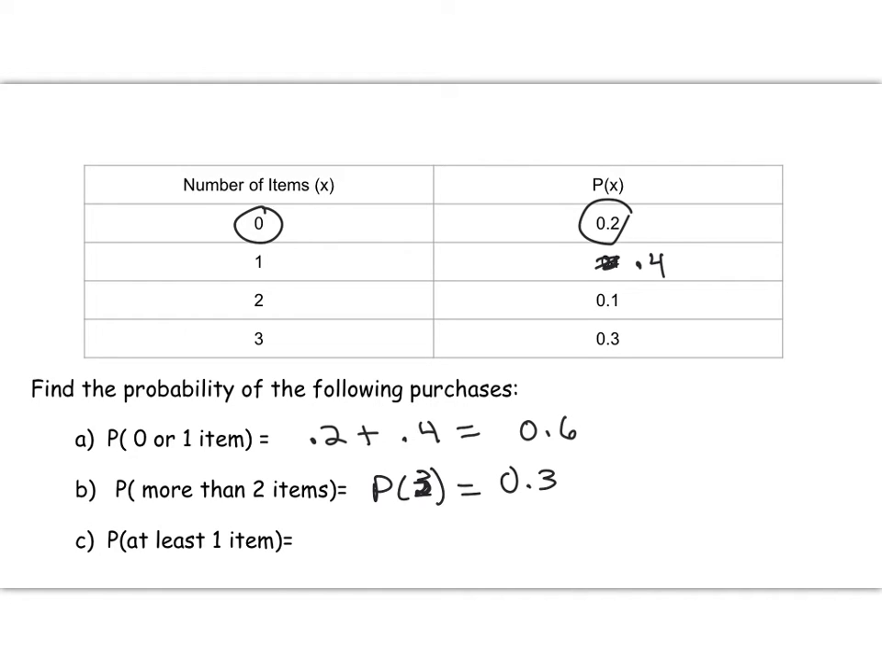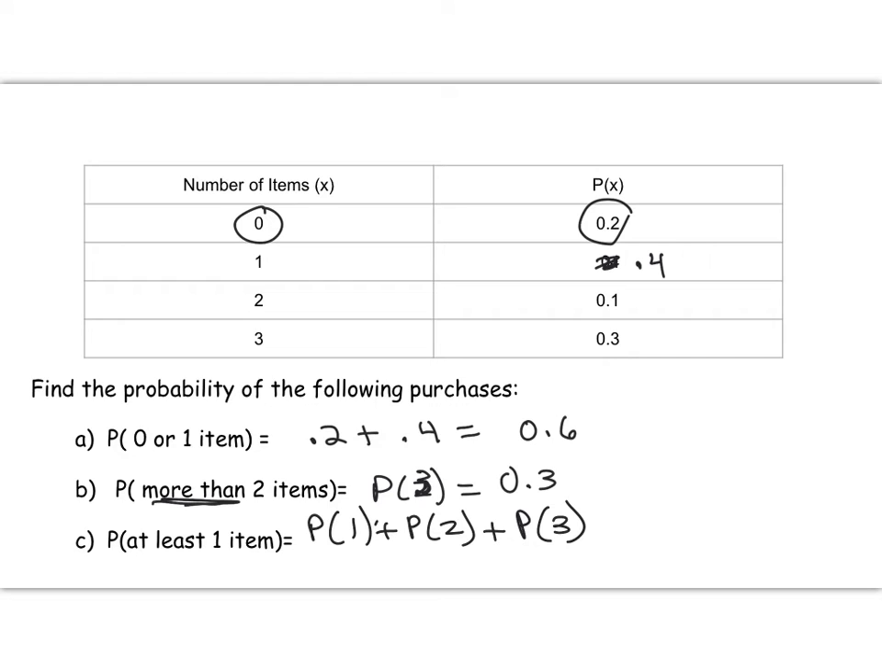These are only tricky because of the wording. So I recommend strongly that you talk yourself through it. So the probability of at least one item. Is 0 at least one item? No. Is 1 at least one item? Yes. Is 2? Yes. Is 3? Yes. So here we're looking for the probability of 1 plus the probability of 2 plus the probability of purchasing